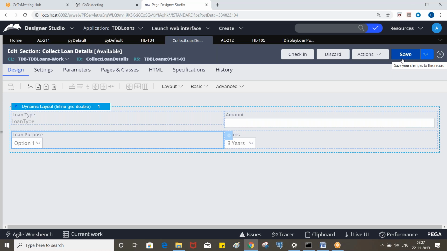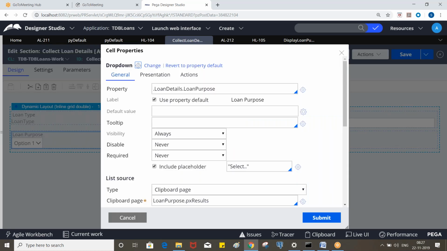Sometimes, if you want to default it to some value, though we have values in the list, we can do that. Let's say there is more probability of one value out of the 10 values being selected. In that case, we can put a default value. It will be defaulted to this till the user changes the value. Okay.